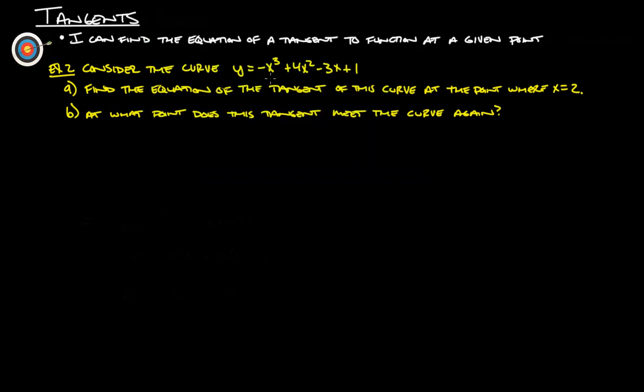Example 2, consider the curve y equals -x cubed plus 4x squared minus 3x plus 1. Find the equation of the tangent of this curve at the point where x equals 2. Okay, it's just like what we did on the last example. So